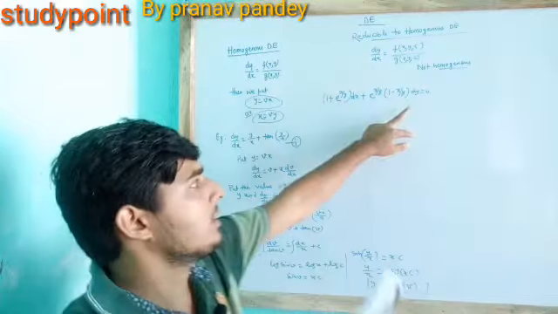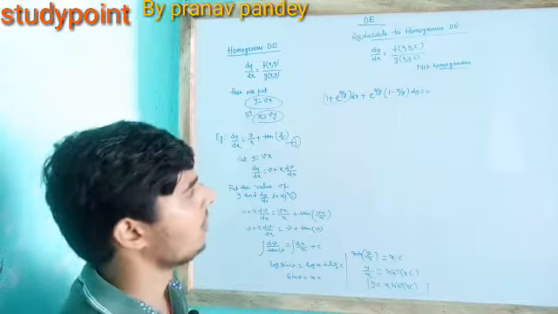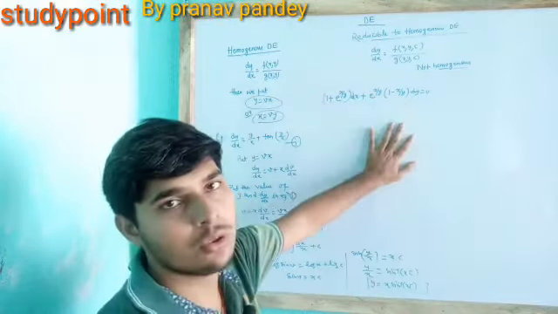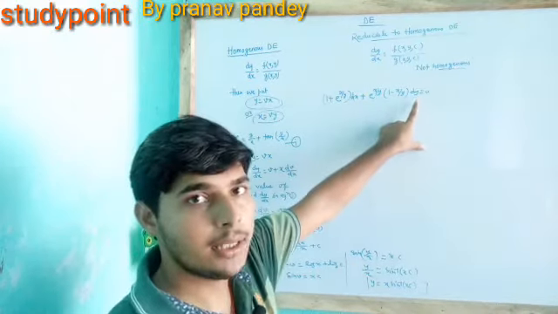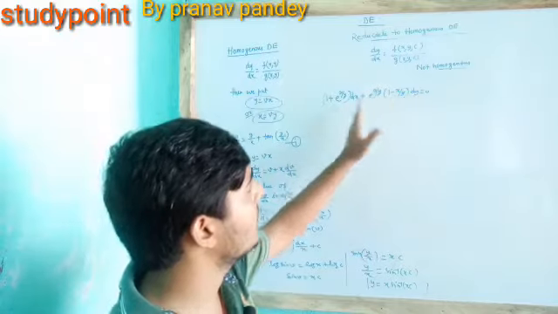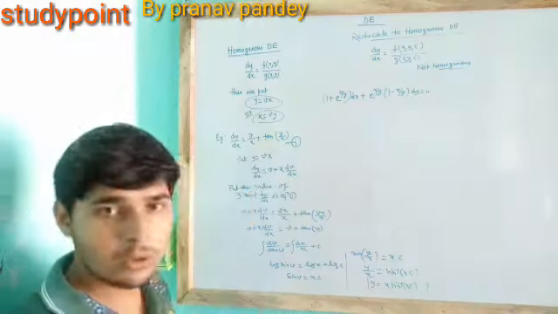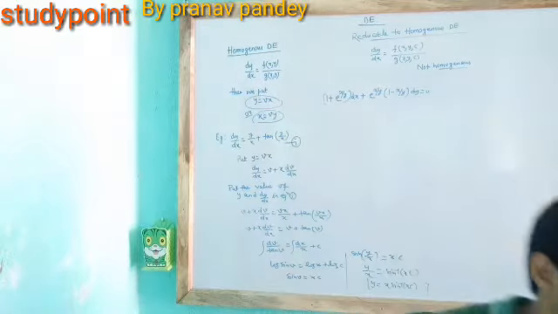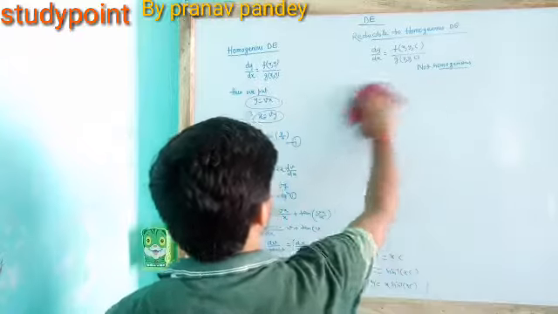This will be solved by dx by dy, and you should first of all check that it is a homogeneous differential equation or not. If homogeneous, then you should solve. If it is satisfied with dx by dy, then we will take x is equal to vy. If it is satisfied by dy by dx, then we will take y is equal to vx. So let us move to the further topic. It is reducible to homogeneous differential equation.